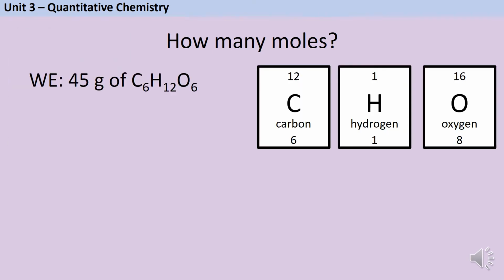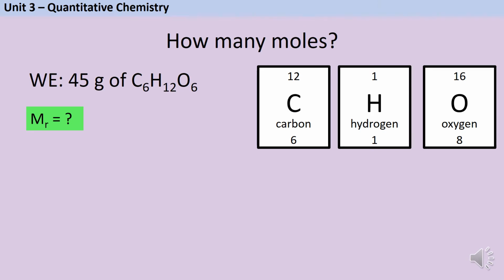Let's say that we have a question which requires us to work out how many moles of glucose there are in 45 grams. So my first step is to work out the Mr, or the relative formula mass, which is the mass of 1 mole of glucose. To do this, I need to add together the relative atomic masses of every atom that's